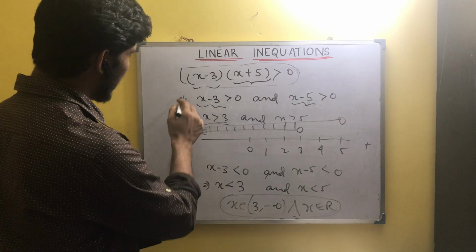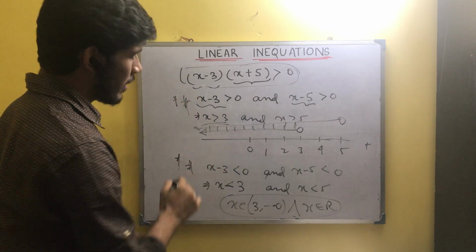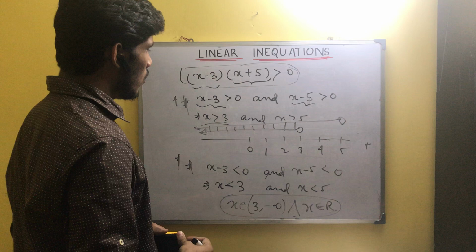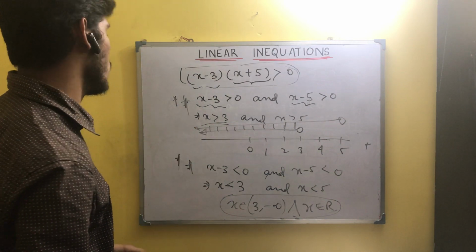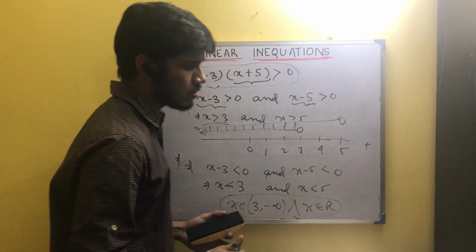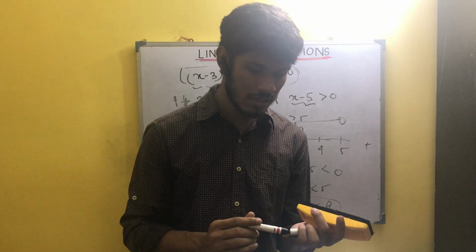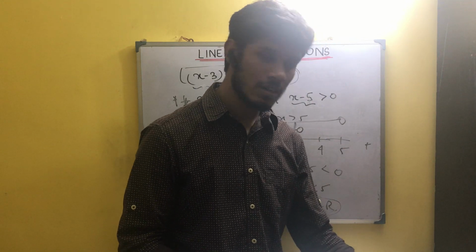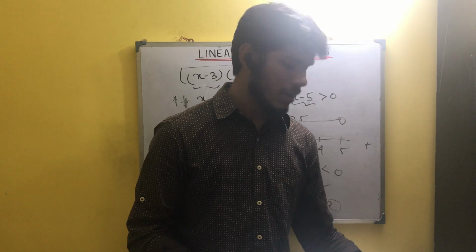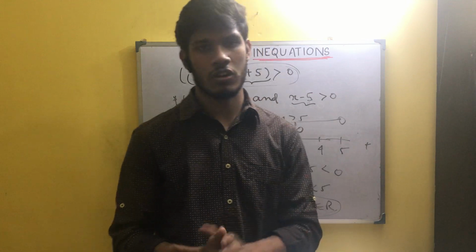Okay, so in this case from both these equations we are getting answers, isn't it? So all these could be the possible answers for this question. Okay, so this is how we solve such kind of inequations when two numbers are given with a product sign and either positive or negative. This is how we find the solution set.